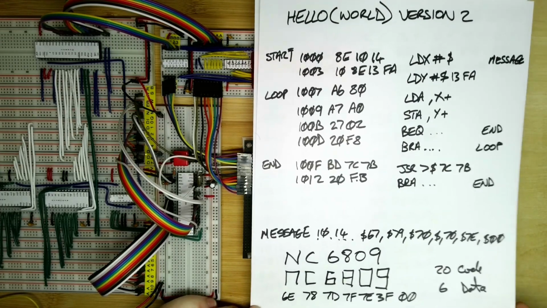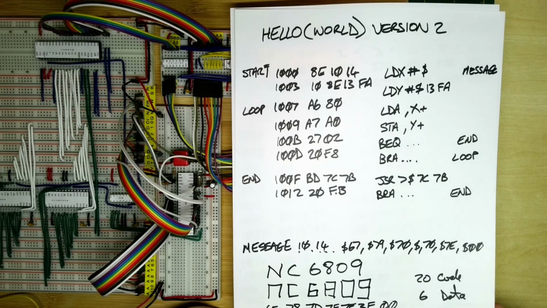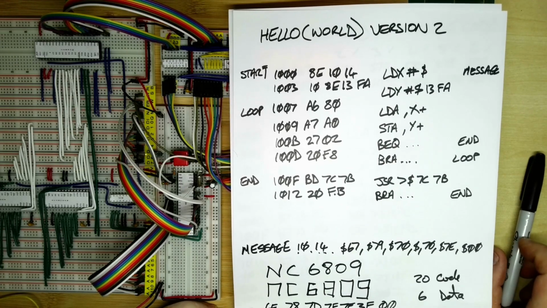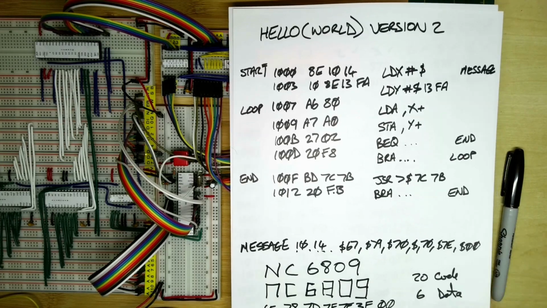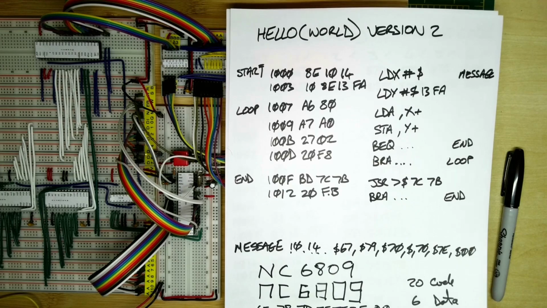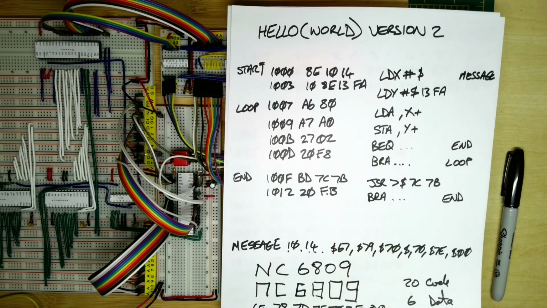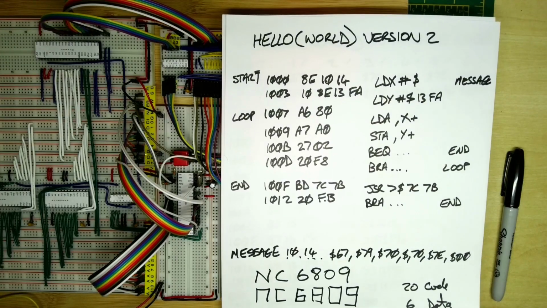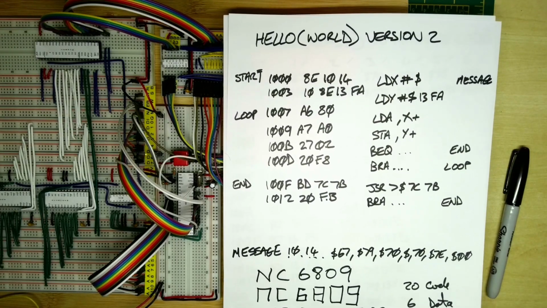So I think what you can see here is that doing hand assembly of machine code is hard work, and it's quite error prone. What I'll show you once we've done the disassembly of the Nanocomp monitor and we're using the assembler, I'll show you this in the assembler, and you'll see that a lot of the hard work is actually done for us, and we'll leave that for a couple of videos time.